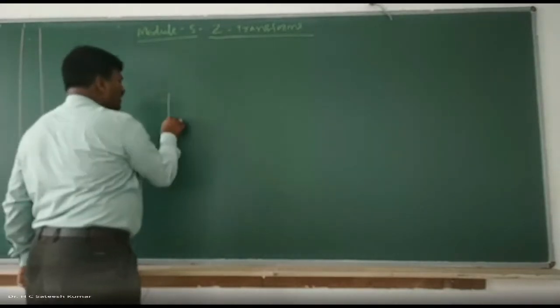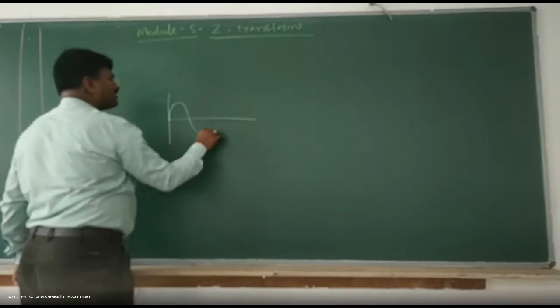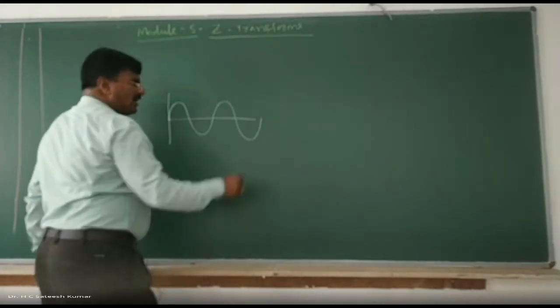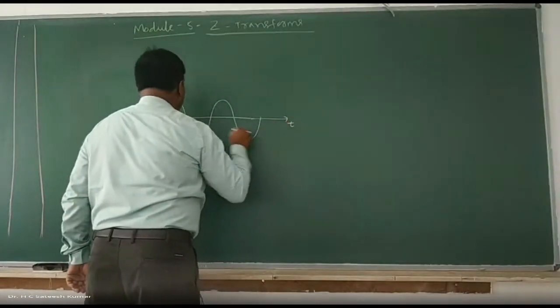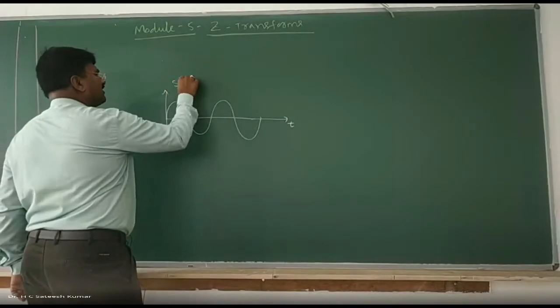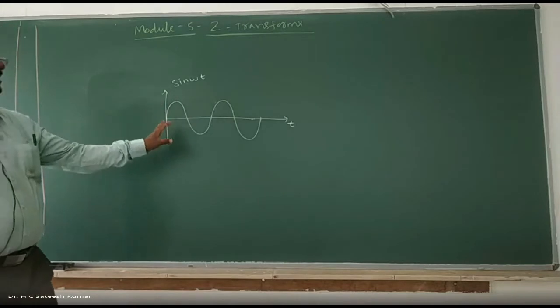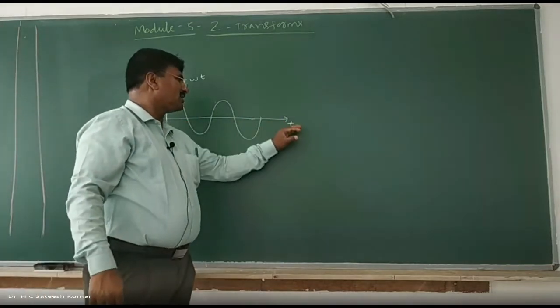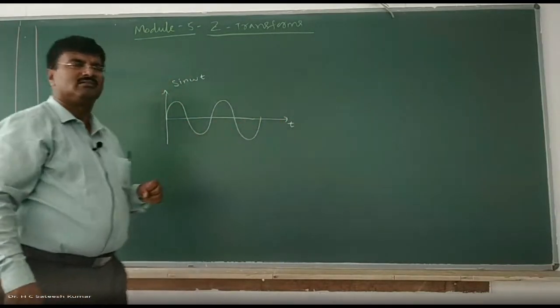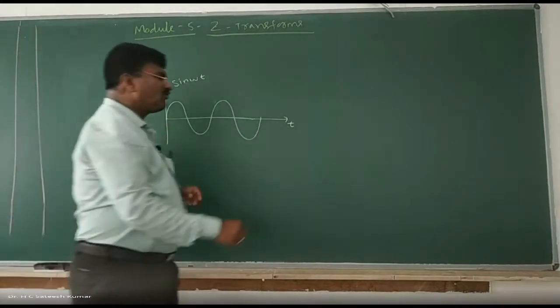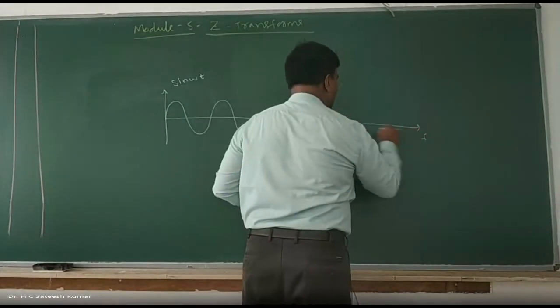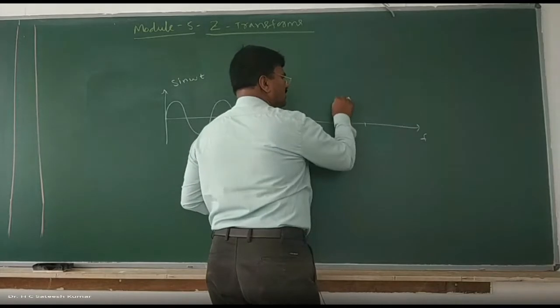What do you mean by domain? First you understand what a domain is. For example, let us say I have a sinusoidal signal varying with respect to time. Let us say sin omega t. The meaning of this is time domain. If some quantity is varying with respect to time or some parameter, that parameter is nothing but the domain. So it is time domain. Same thing, if you express it with respect to frequency, we call it frequency domain, right?